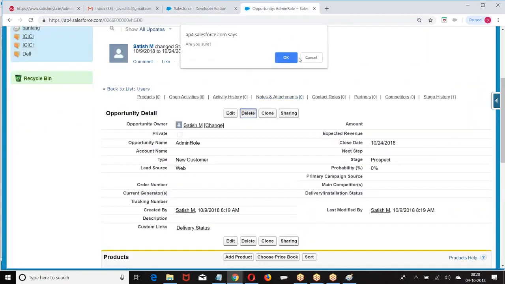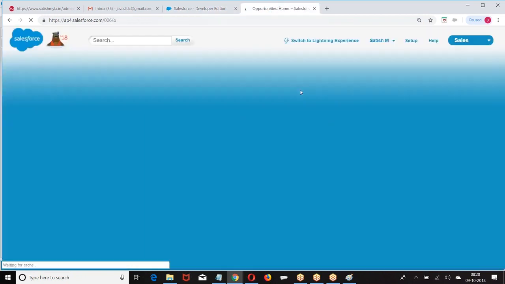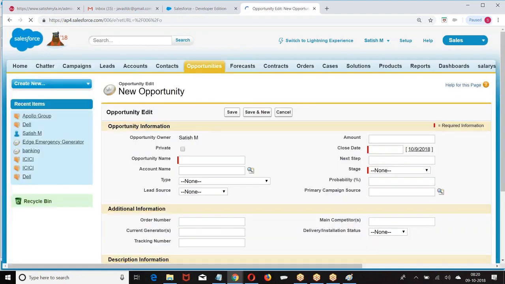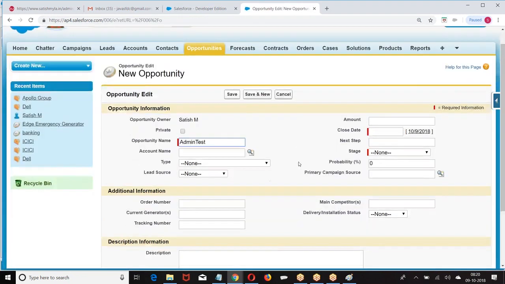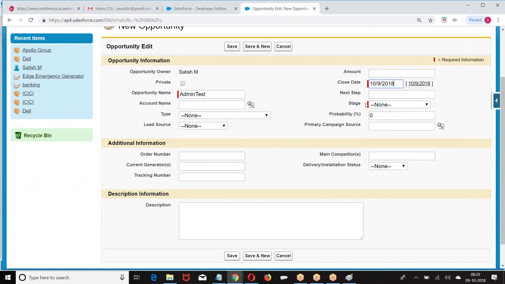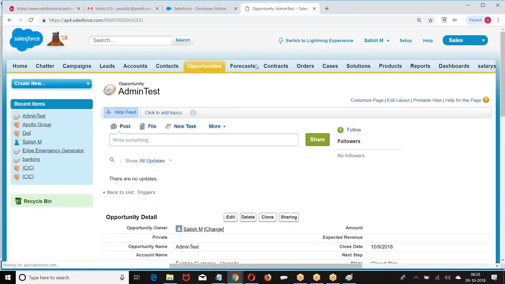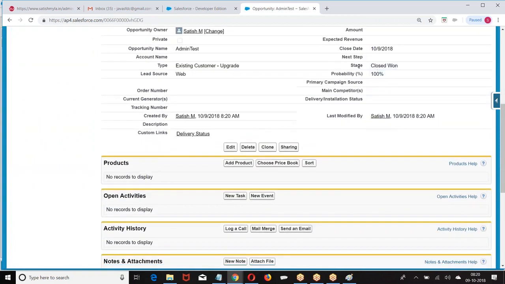Okay. Again, go back to this. Try to recreate the record. Previously the modifications were not done, as there is a before insert trigger running, which is modifying the values of the stage name. So I have given the closure one.